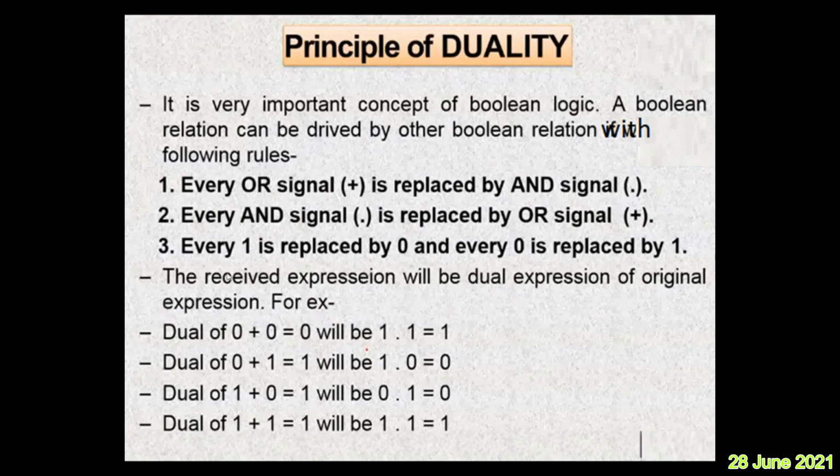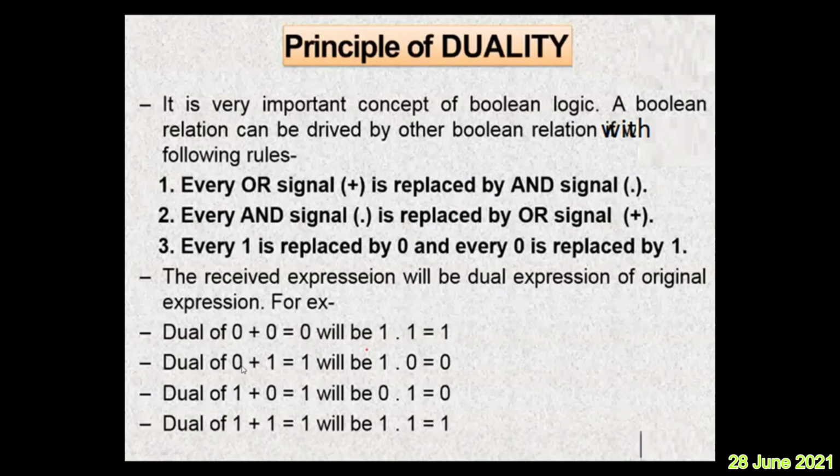Let us see some examples. The resulting expression will be the dual expression of the original expression. Example: 0 plus 0 equal to 0. This is the given expression. 0 plus, understand, it is logical OR only. 0 logical OR with 0 equal to 0. Now wherever there is 0 you replace 1, wherever plus you replace dot. That's all. The meaning of which is, in Boolean logic, if 0 logical OR with 0 is 0, then its dual will also be true. Here, 1 logical AND with 1 will be 1. So if your Boolean expression is true, then its dual expression will also be true.